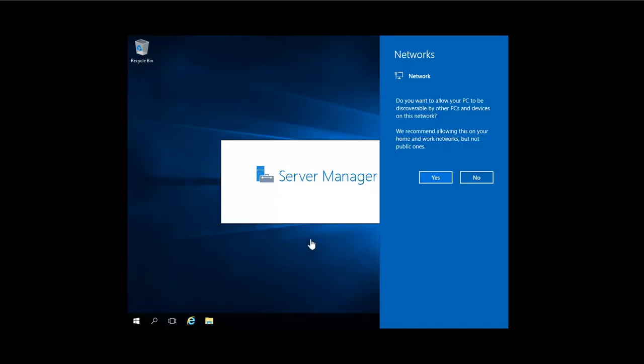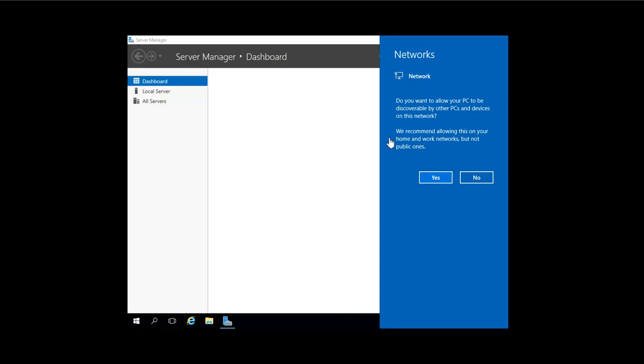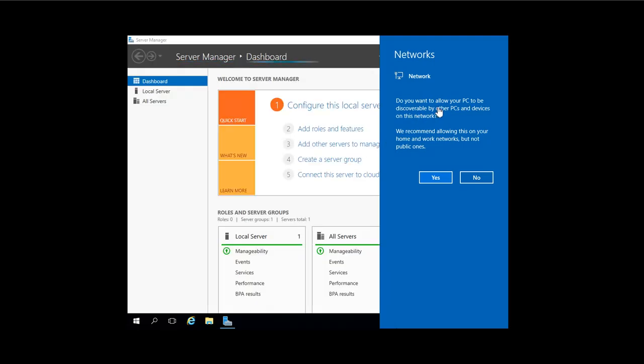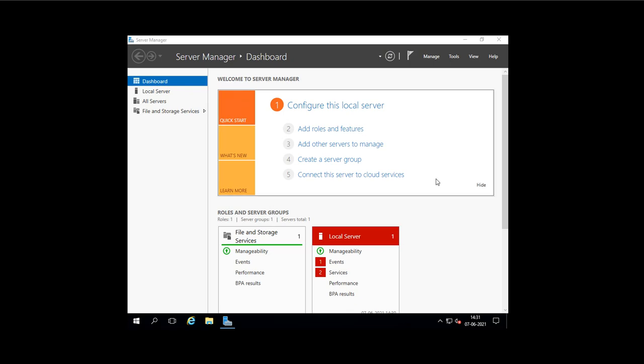Now it is starting, and because the network is connected, it is asking whether the network is private or public. We recommend allowing this on your home and work network, but not public. If you say yes, it will go to private. Now let me minimize this one.